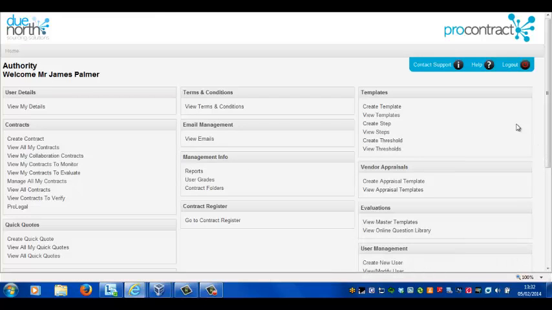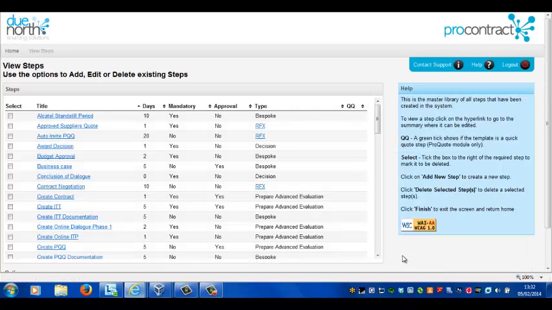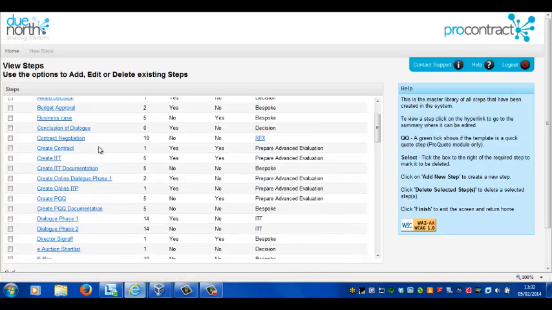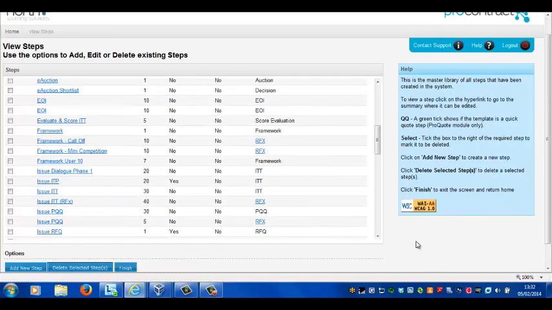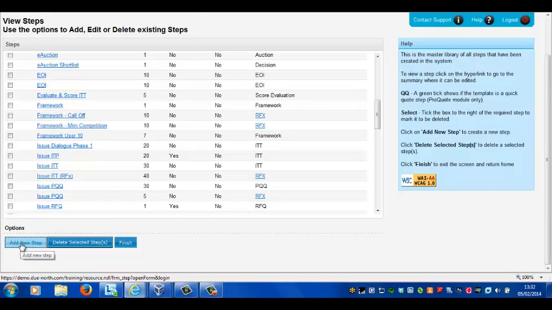Next, I'm going to have a look within the step library area of the ProContract homepage. This is an area open to administrators as well. And when I access the step library, you'll see all the various different tasks that we may have in any given procurement process stored in this area of the system. What I'm going to do is just add a new step in,